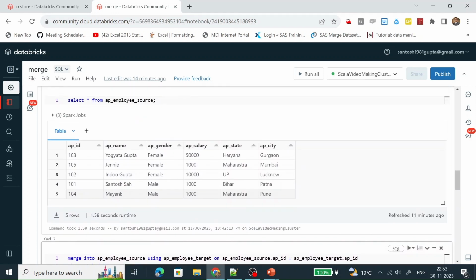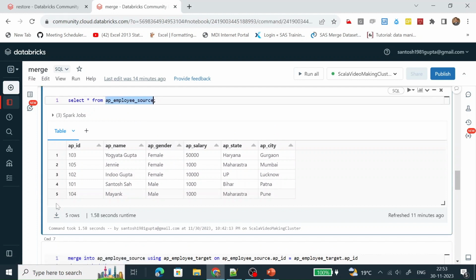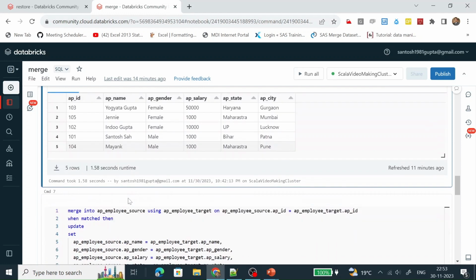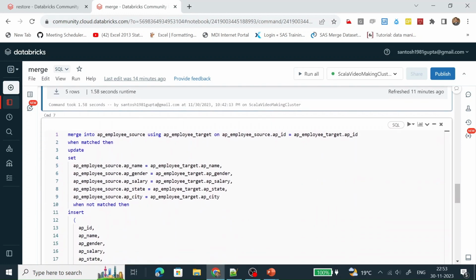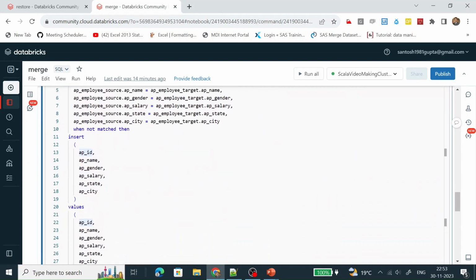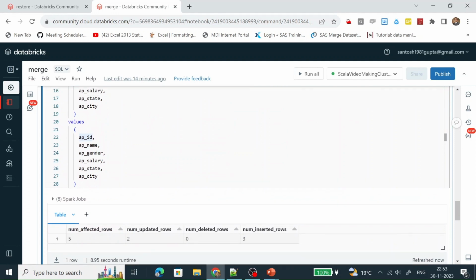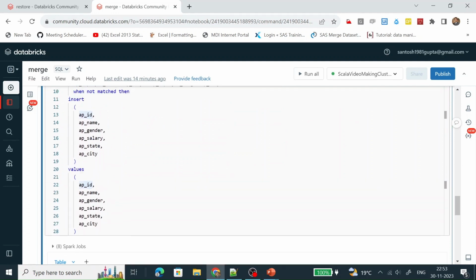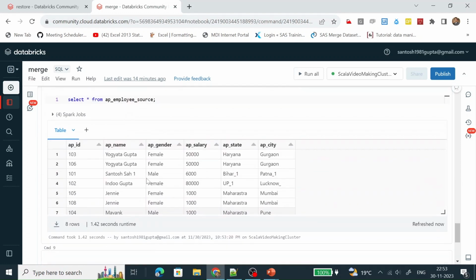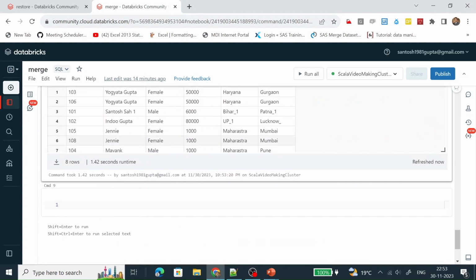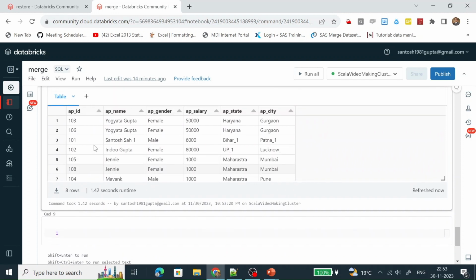If we go above, this AP source has only 5 records. So 2 records didn't match here with the help of AP ID. That's why 2 records have been inserted with the help of this insert statement. That's why it is showing 2 more records,